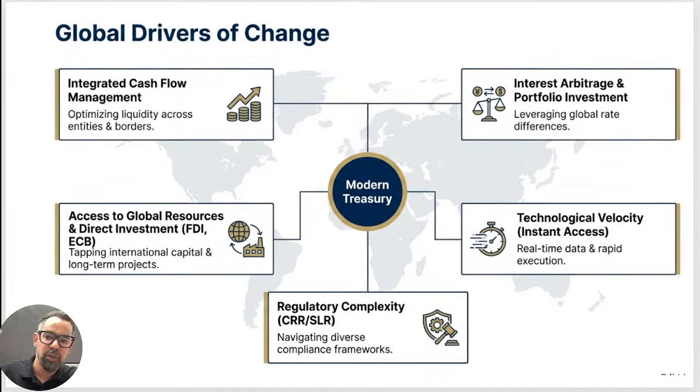And when it comes to the treasury products also, they generally come under this. So when it comes to the major drivers for the treasury, we have cash management, we have interest arbitrage, so that we can generate additional profit for the bank. FDI, FII, ECB, they are generally routed through this particular department itself. Technological velocity, the advantages from this one, and the regulatory requirements, CRR and SLR, also come under the